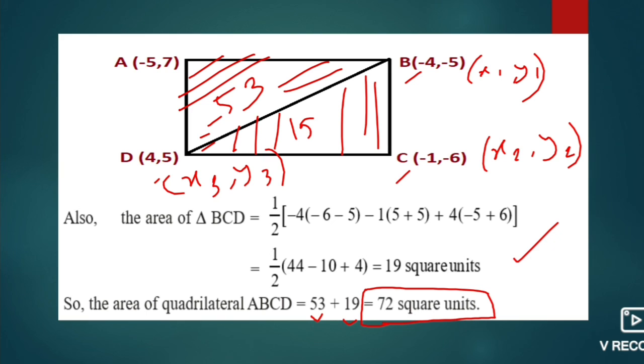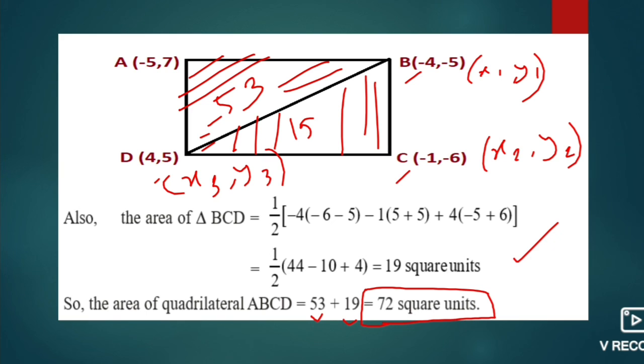So in this video I have discussed the formula and some problems based on the area of triangle formula. What you have to note here is the formula of area of triangle if 3 vertices are given. Also you have to remember, when 3 points are collinear, the area of the triangle formed by those points is equal to 0. Whenever the coordinates of 3 points are given, you have to check whether they are collinear or not by using the area of triangle formula.